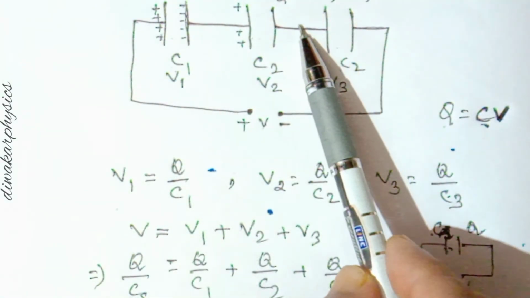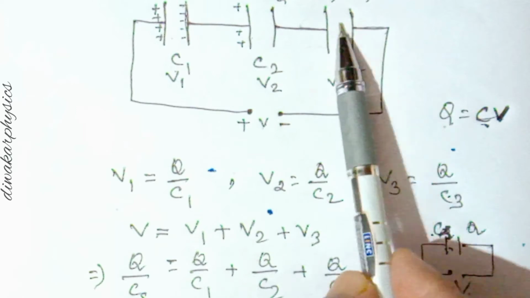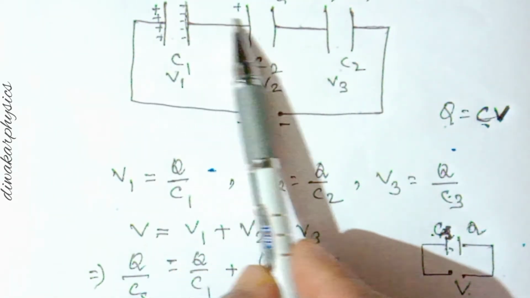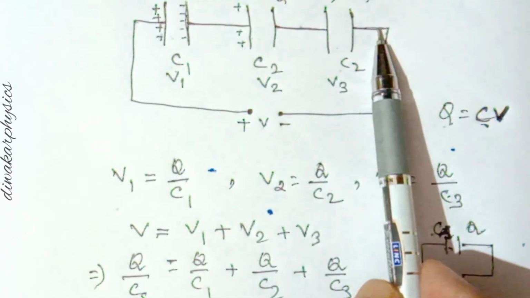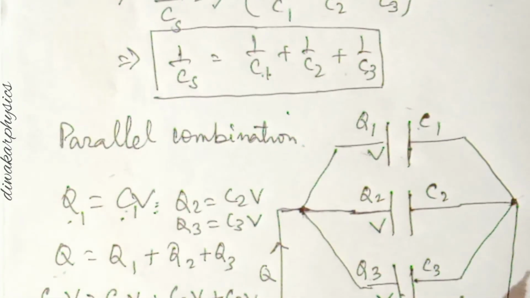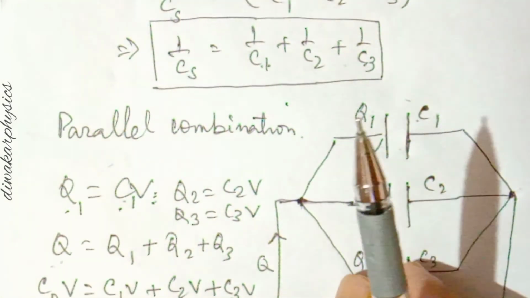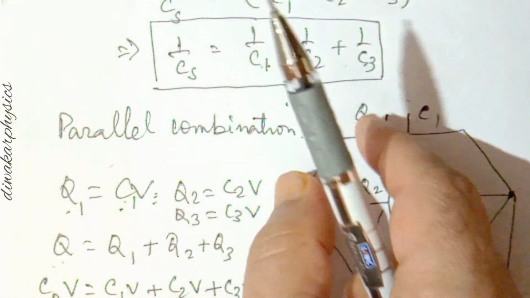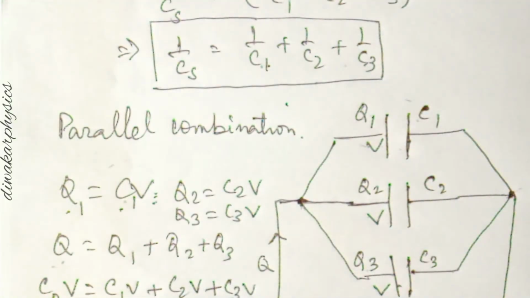If some connection is taken from here, then this will not be in series with this. Whenever you completely see one path for the charge to flow, take them in series. And for parallel, for opposite ends, both sides, you have to see whether they are connected to a common point or not. If both plates are not connected to the same point, then don't take them in parallel. Okay, so let us see one question.